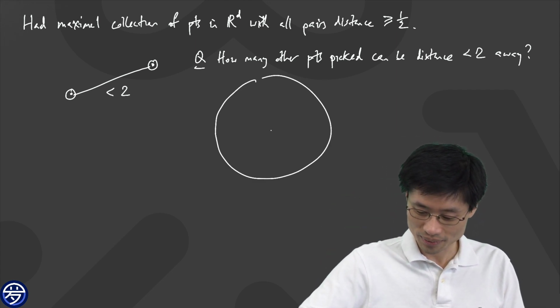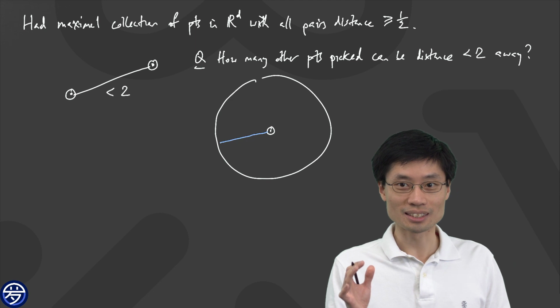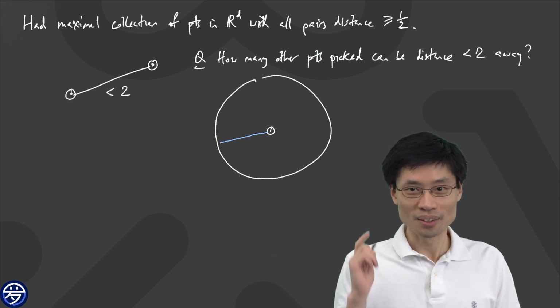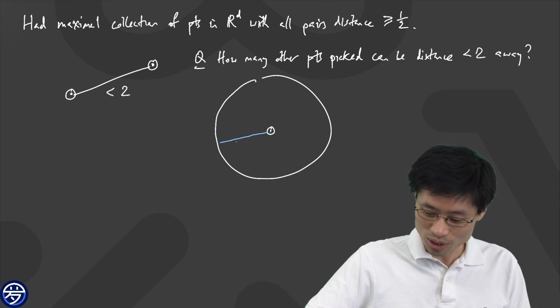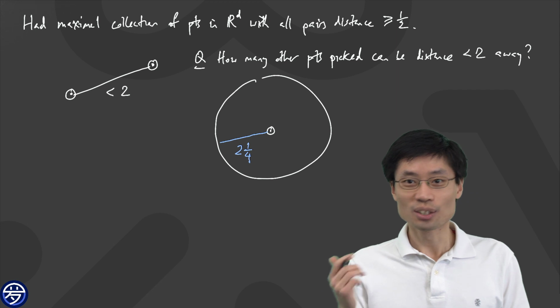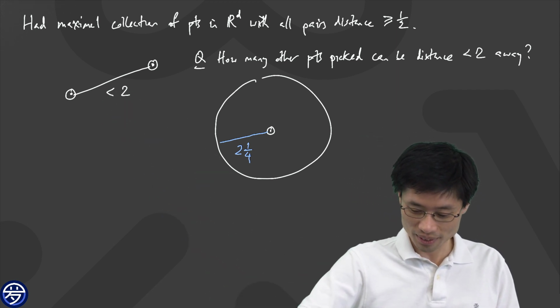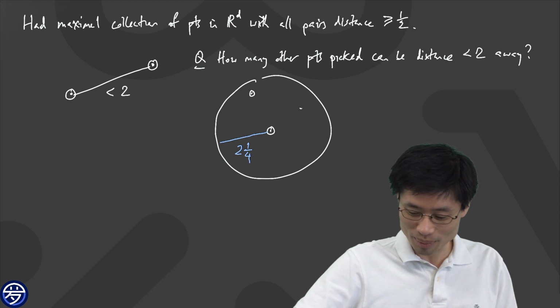This is a sphere around my point that I've picked. I don't want to make it have a diameter of 2. I'm going to put a diameter of 2 1/4. Why a diameter of 2 1/4? The reason is because I now want to know how many other circled points there might be. So I've got some other circled points in there. I probably shouldn't have circled them because I'm about to circle them again. But I have all these circled points.